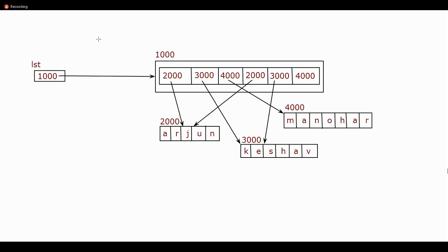What we want to see is whether the address stored in the 0th index and the address stored in the 3rd index is same or not. If that is the case, would it confirm to all of you that one single copy of Arjun, one single copy of Keshav, one single copy of Manohar is present in the memory? Yes. So let me quickly go to the program and see how we can confirm that.